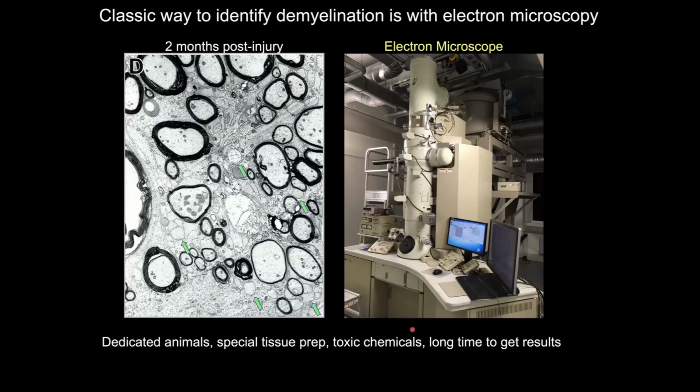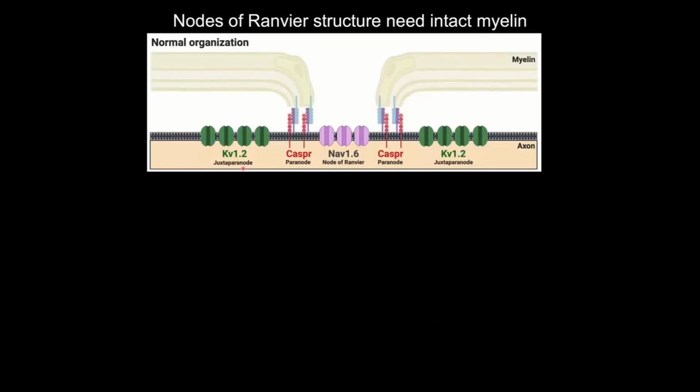We also wanted to see if we could find a way to look more easily in the tissue we had available in our reporter mice tissue that we stained for the GFP, to then also look to see if we can find evidence of demyelination in our tissue sections. And so to do that, we turned again back to the node of Ranvier analysis. And like I said before, the myelin keeps these nodal proteins highly organized.